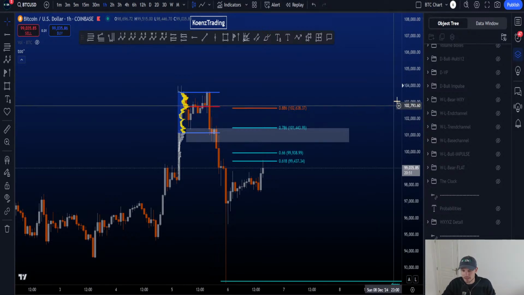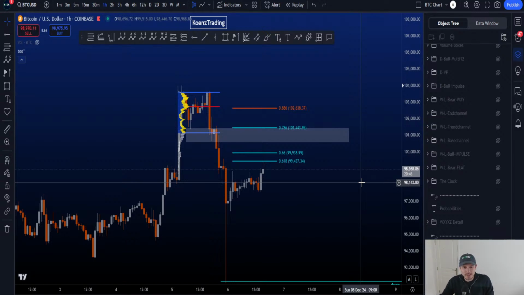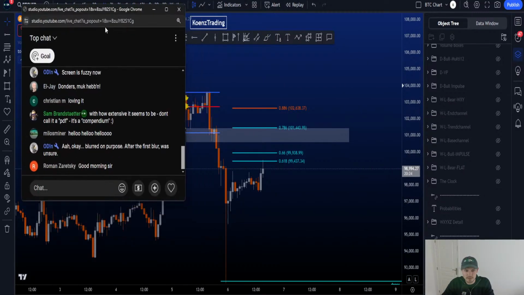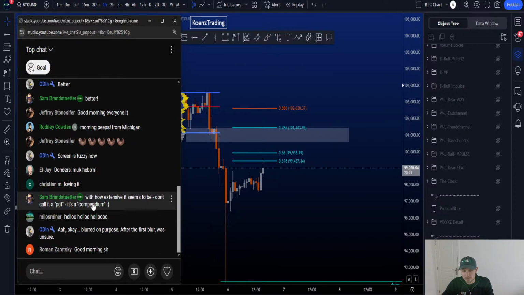We made our own separate star rating for certain different things. We talk about probabilities. We have bullish and bearish scenarios. There's so much going on in that document, and like Sam says, it's not really a PDF anymore. It's not just a page per pattern. It has grown to something a lot more than just that. It's indeed more a compendium.